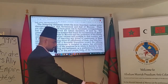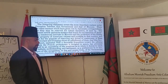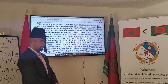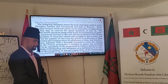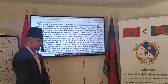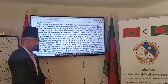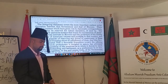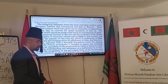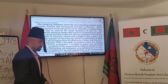The foregoing statement covers the more important matters under discussion between the government and that of Morocco. There are other matters which have given rise to diplomatic correspondence, but they may be reserved for future discussions if need be. The present review embraces matters that touch the maintenance of American commercial interests in Morocco and the protection of liberty and property of American citizens and protégés in that country, and is also for the purpose of removing any points of controversy in these particulars and bringing about an adjustment of them,